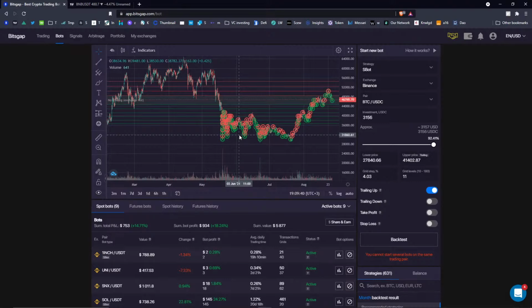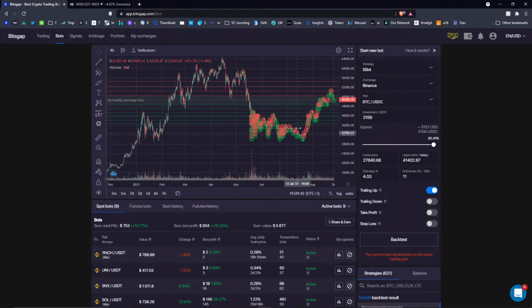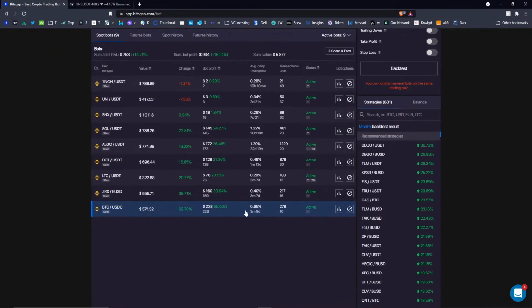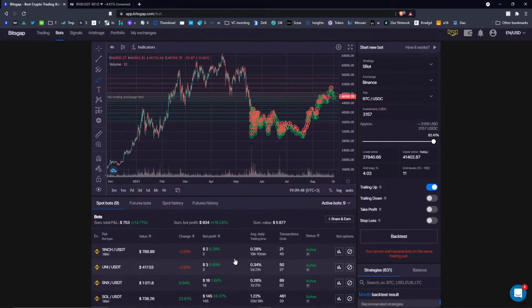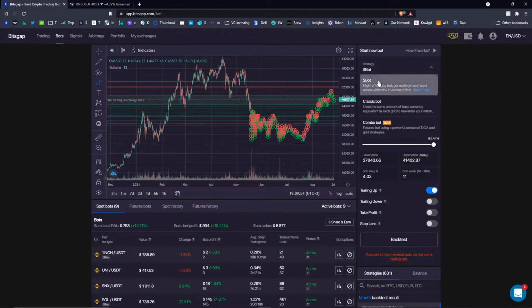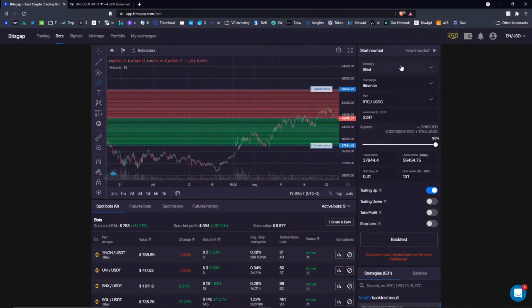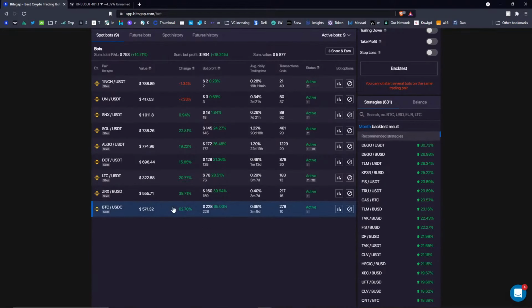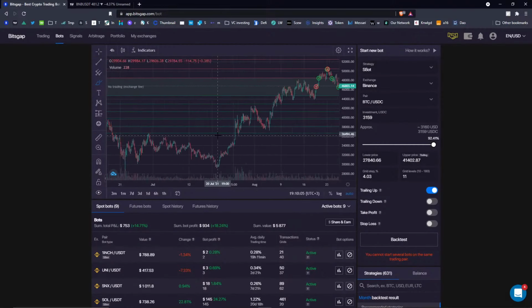That's the bot activity. So I managed to capture this whole movement, and this is where my SBOT played out well, and that's the result. So that was the case to basically buy the dip. Using the SBOT strategies to buy the dip is like the best solution you can have on Bitsgap as of today. But if you look at the Bitcoin right now,